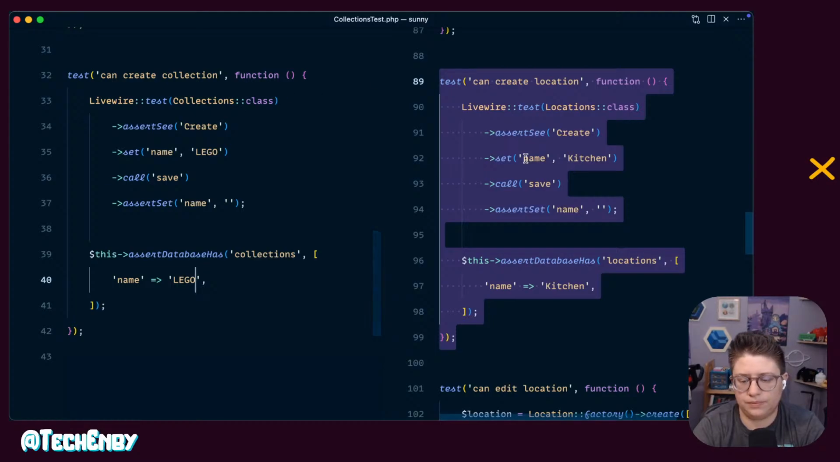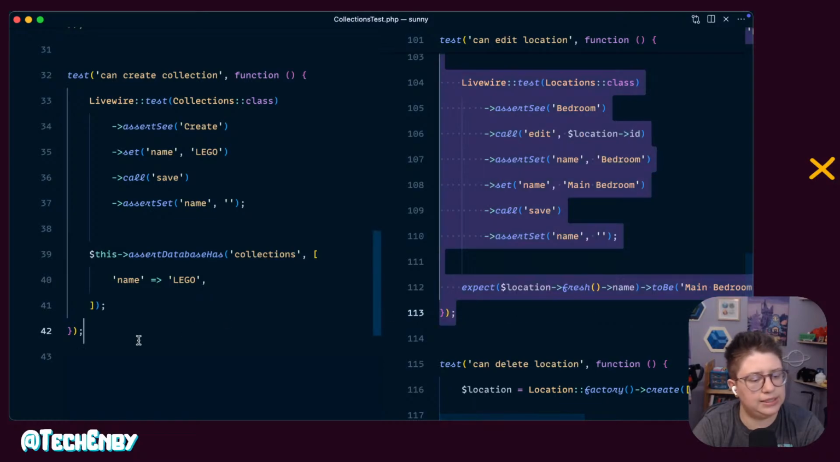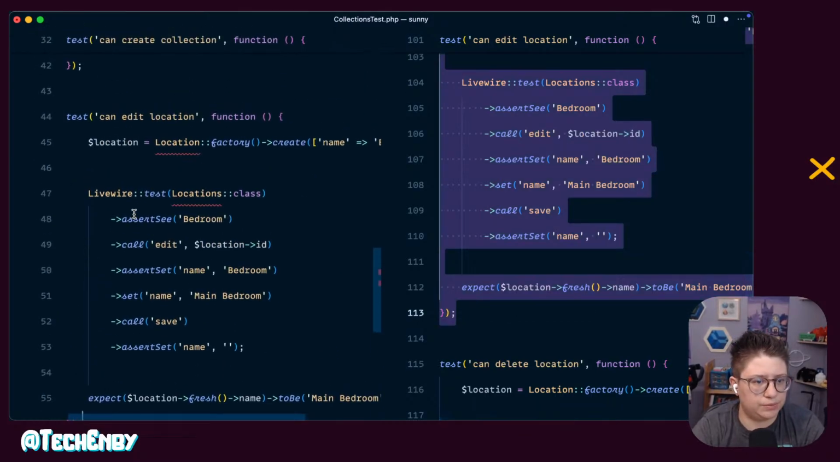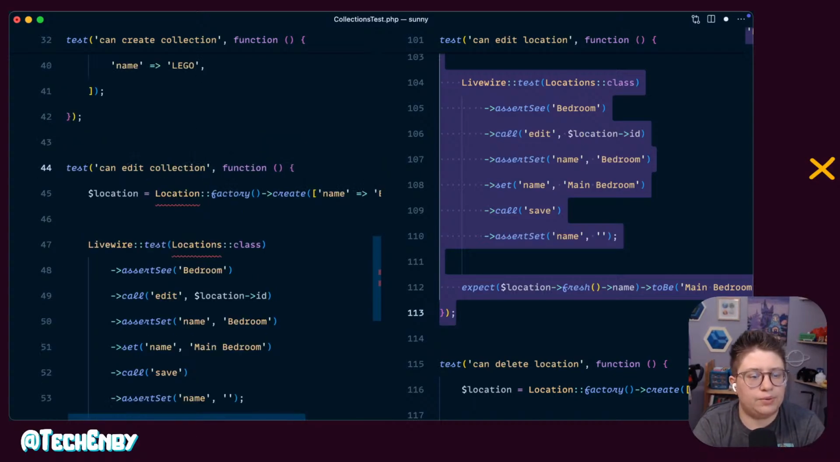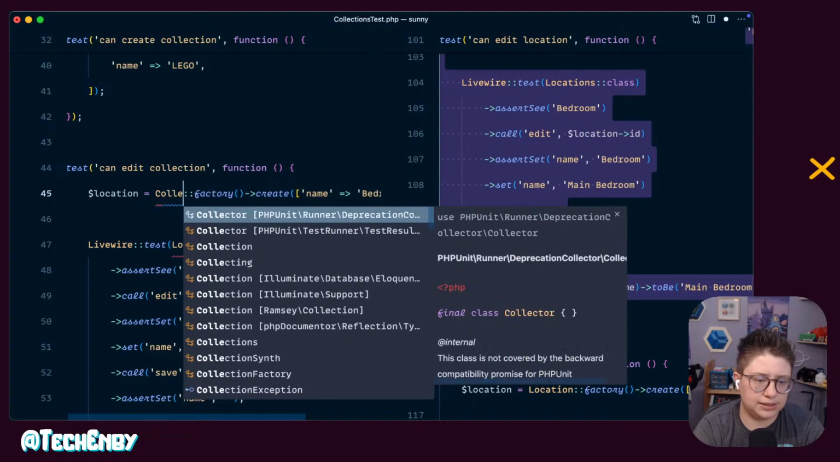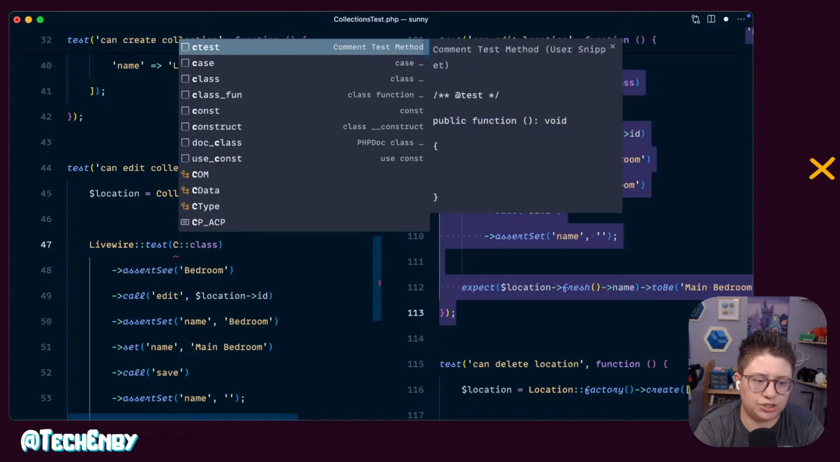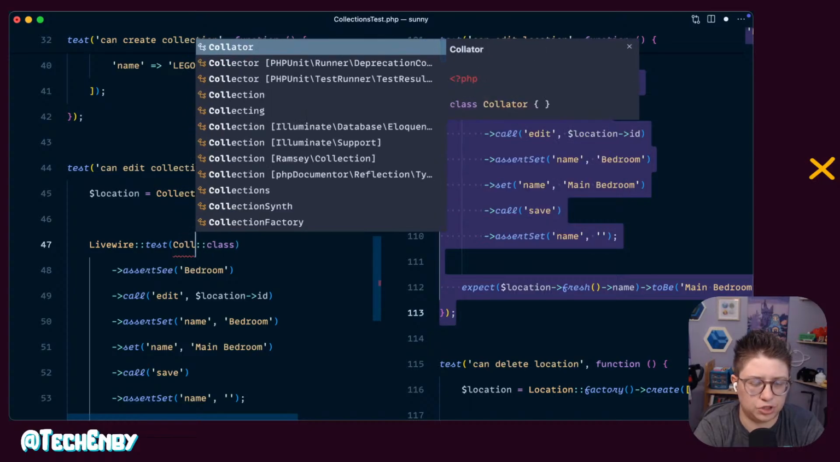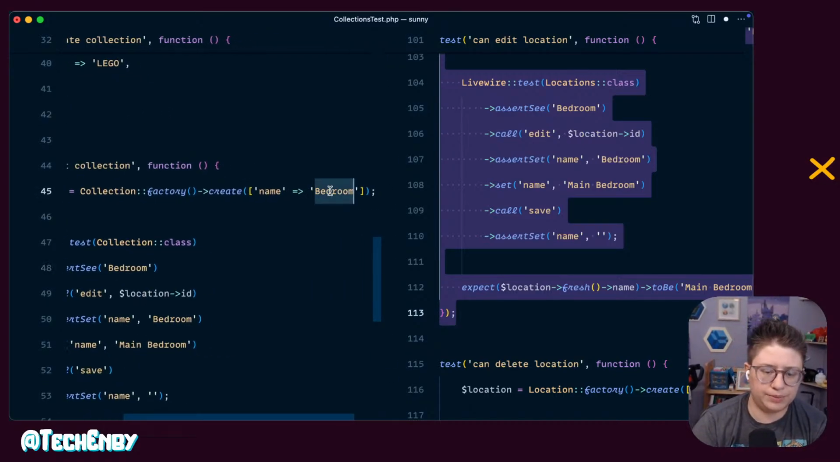Cool. Can edit location. I guess this is not technically TDD, but sometimes when I'm working on UI, this is kind of how I work, where I get the UI right and then I add the tests. Especially for these indexy list type pages where they all tend to look the same, I don't want to spend a ton of time rebuilding all these tests over and over again because they're all pretty much the same. So let's make this Lego,